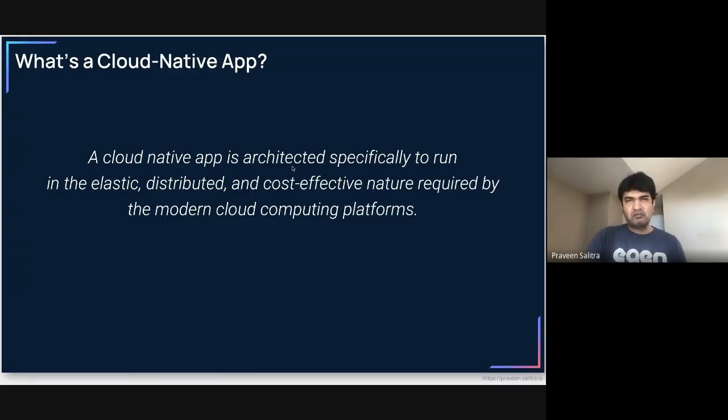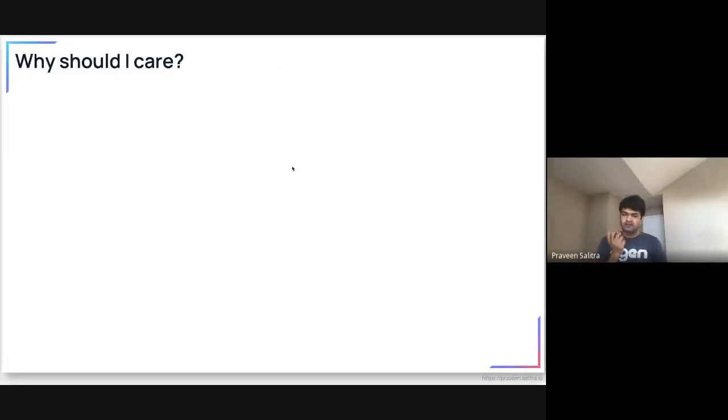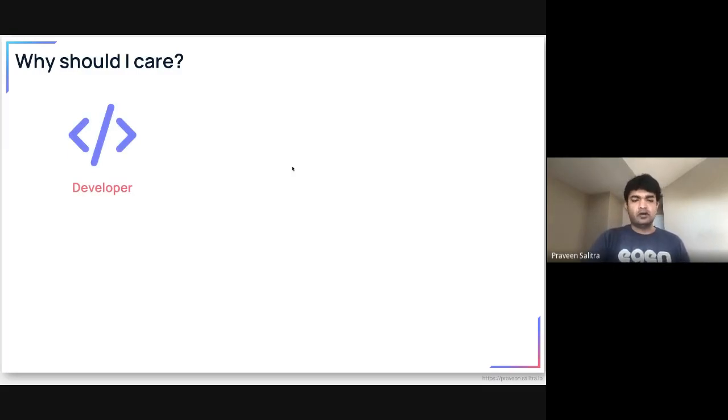And the idea is to make all of this automated mostly. So you would ask, okay, why should I care about all this, right? There are a few different things that you're probably thinking. Maybe you are a developer, or maybe you want to become a developer after graduating from your course, right? And you are focused on software engineering. You want to work with companies or platforms where you are using some cloud providers, right? So you want to understand what it takes to build and run these apps.